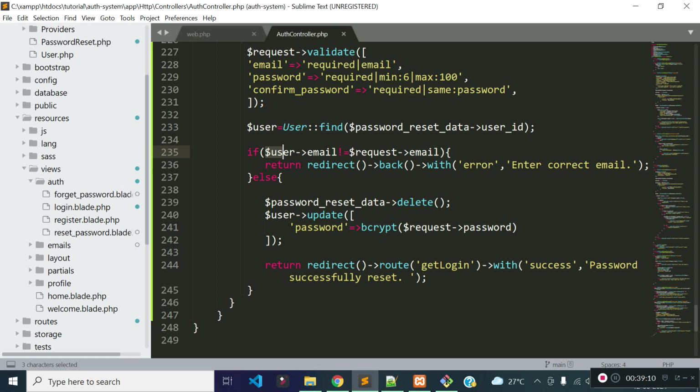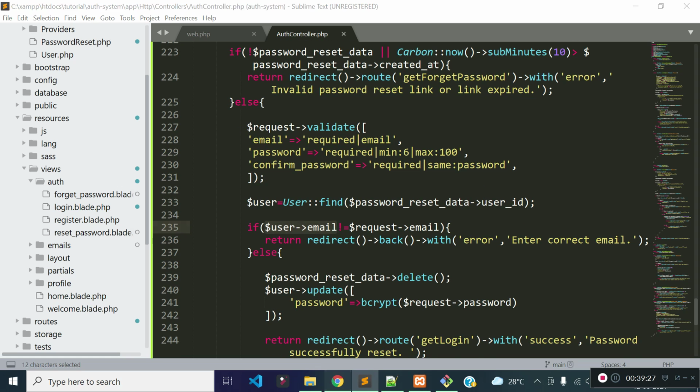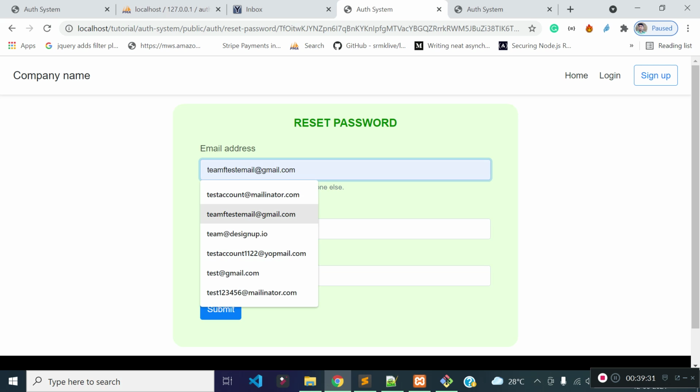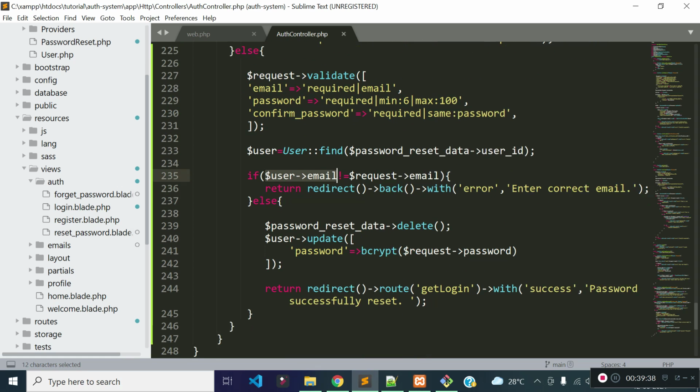If user email is not equal to request email, that means the email the user is entering while resetting his password is not the email the user entered during the forget password functionality, right? So the email should be the same. So let's enter the same email, which is testaccount1122@efmail.com. Let's see what I have done here actually.